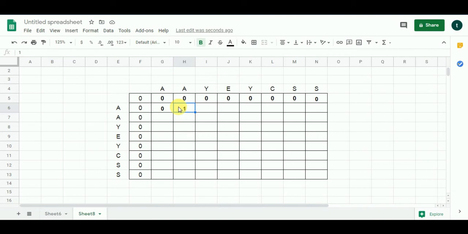Okay. Now we move to this cell. Now this A doesn't match with this Y. So if we consider this problem, we still have the longest repeating subsequence as 1. So I am going to put 1 over here. In this first row, I am going by common sense just to make you settle down with the problem. And then from here, I'll tell you how the algorithm is going to put the values in these cells. Here, as you can see, A doesn't match with E, so it's going to be 1. Similarly, 1 is going to come in each of these cells.